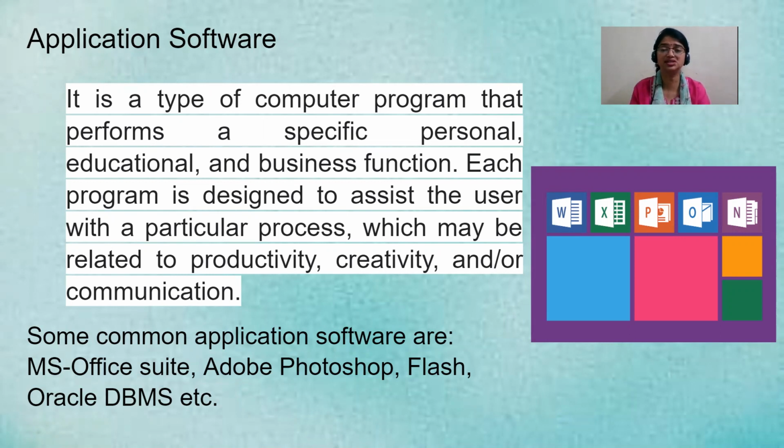So why is Office called a suite? Because it is a combination of many small applications within that. A person who's working in an office might require to type documents or send letters or create spreadsheets or create PowerPoint presentations. For all these things, send emails also, and to store the database, also to create notes. For everything we have the software ready, and that is nothing but your MS Office, Microsoft Office suite. You can see some of the popular icons over here: Word, Excel, PowerPoint, Outlook, and Note.